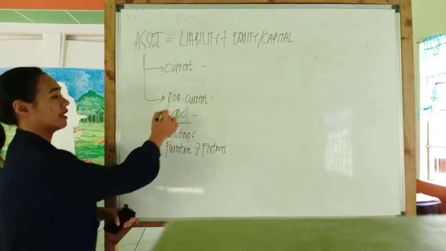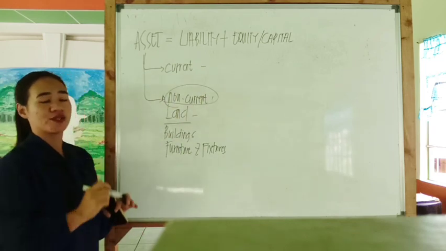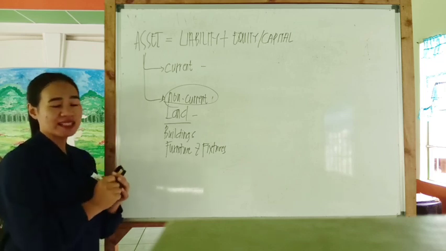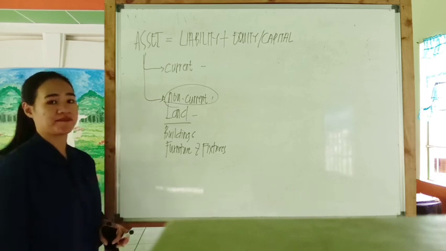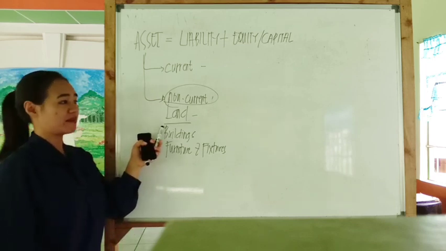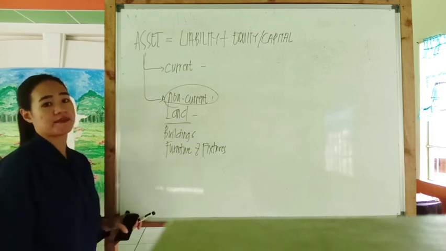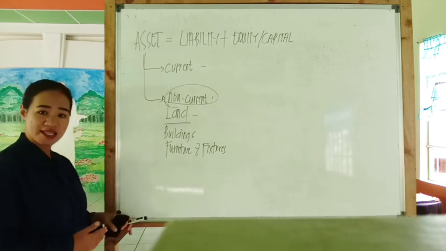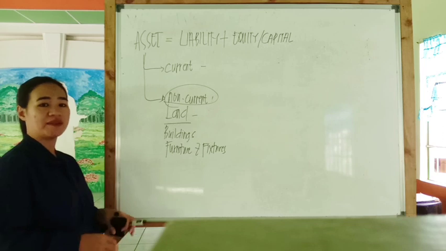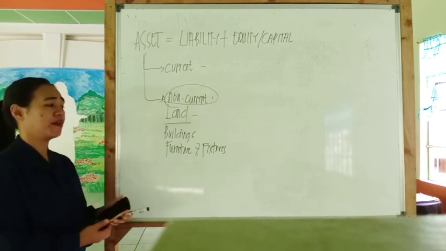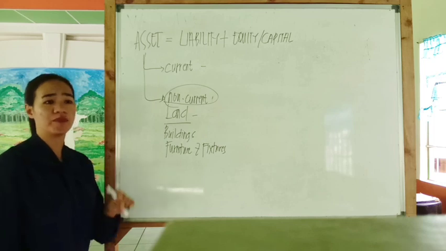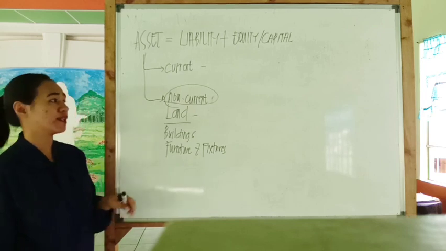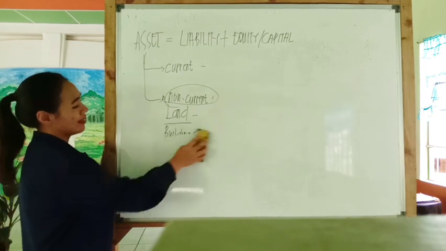So again, sabi natin, yung non-current asset, these are the resources of the company, the ownership of the business that you expect to use for a long period of time. Ang land, kung hindi natin yan ibebenta, we will use that for a long period of time. And then buildings. We know that building will not be used for 6 months or 1 year. Alam natin that that will last for a long period of time. Furniture and fixtures, another thing, equipment, yung mga sasakyan ng company, that is considered as your non-current asset. And then next,